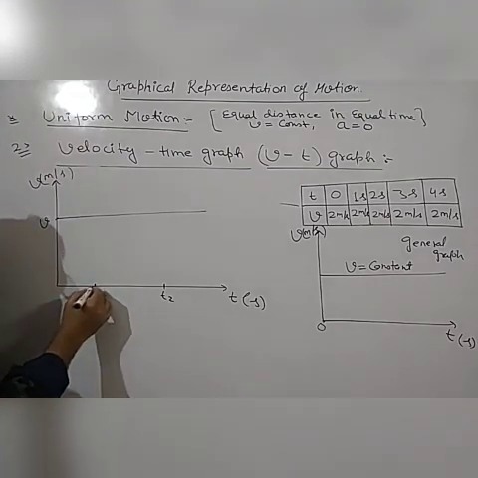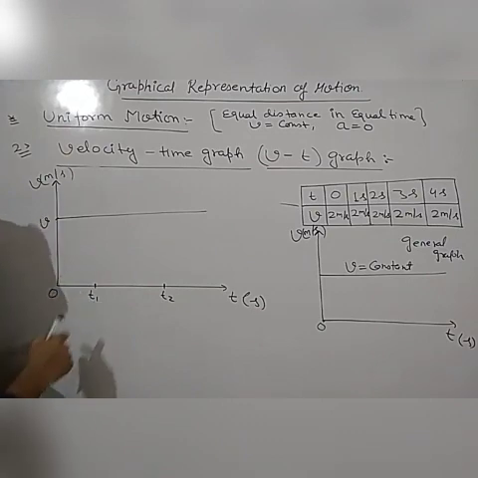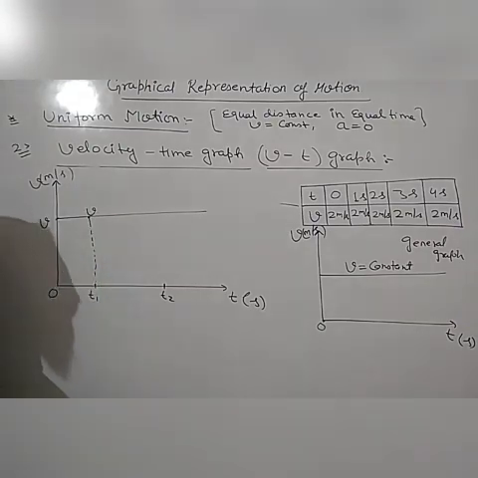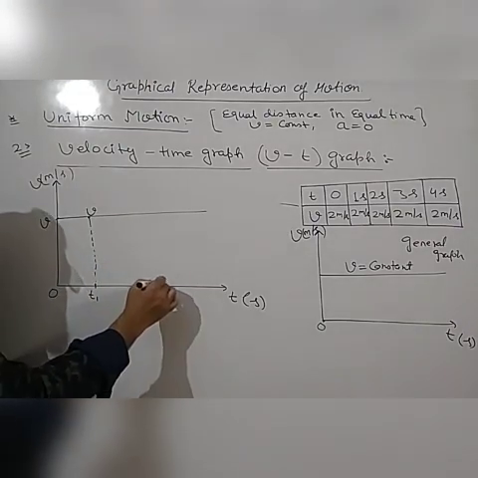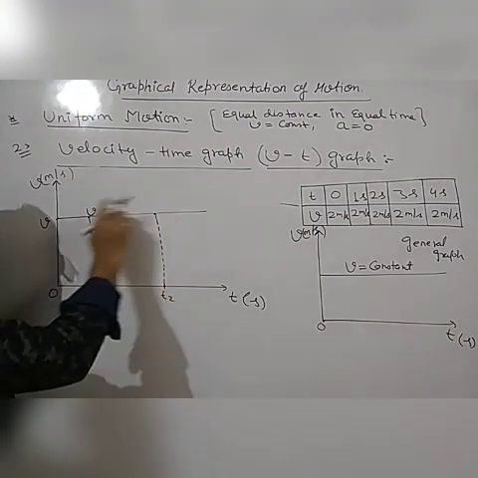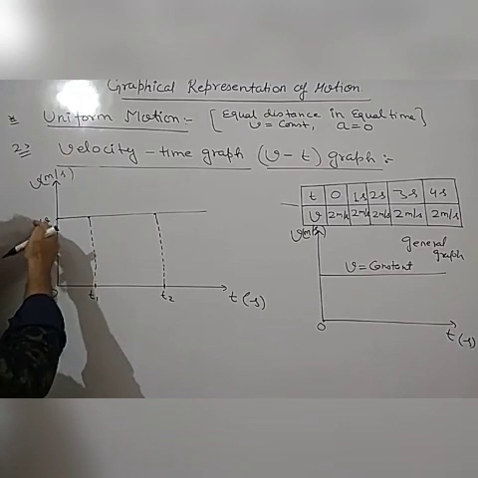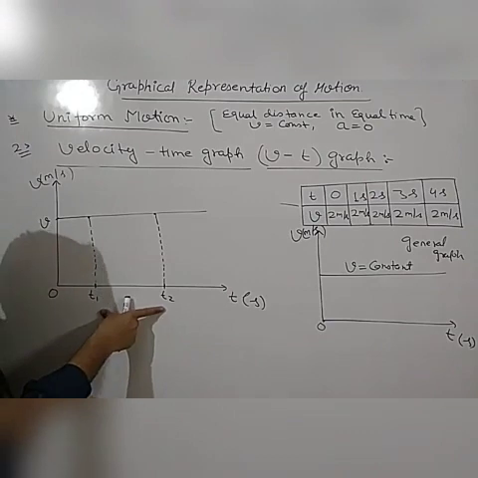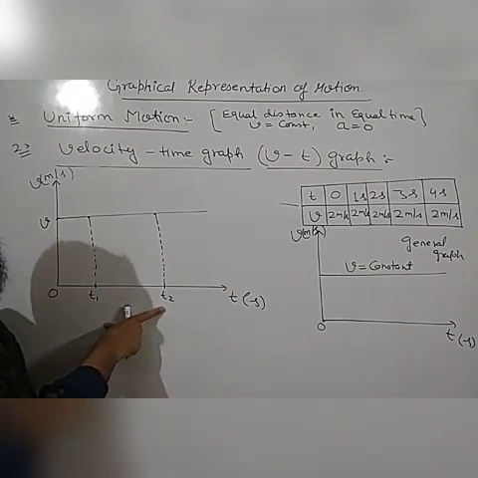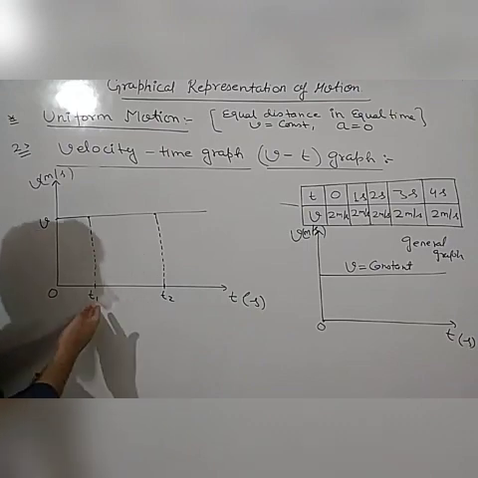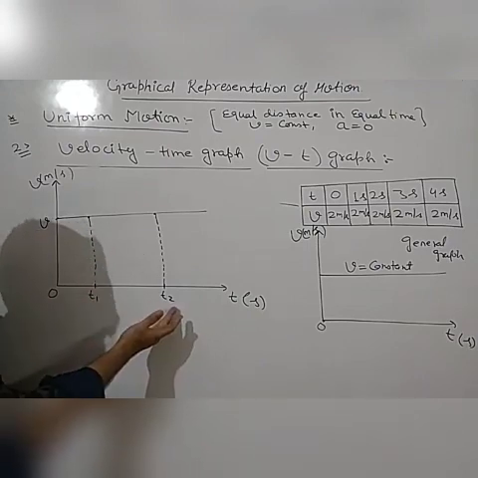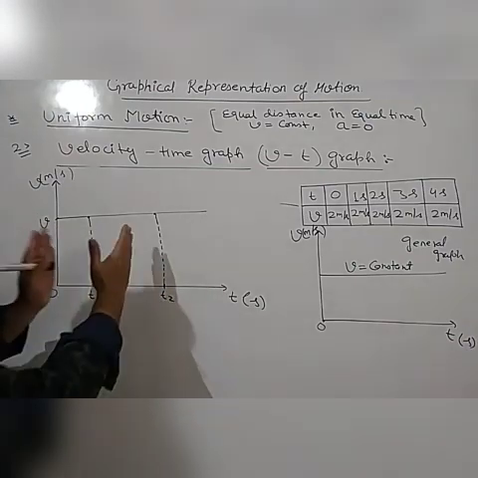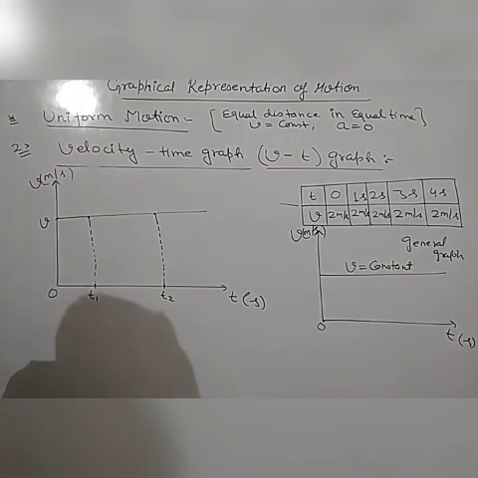Now at t equal to t1, this is the origin 0. At t equal to t1, what is the value of velocity? This velocity is v. And at t equal to t2 also, the velocity is v. That means because this is a parallel line, velocity is always constant. So if we take the interval from t1 to t2, for example 2 second to 4 second or 2 second to 8 second, if you are given any two values of the time interval, then what can we obtain from this graph? That I am going to tell you.